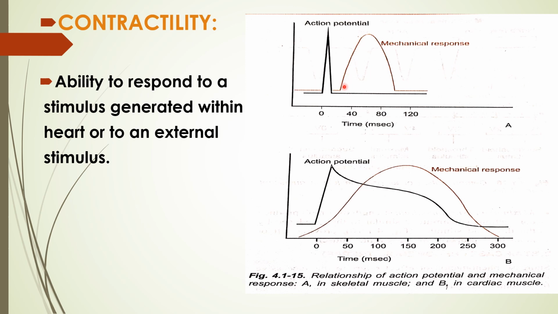So that is the main difference between skeletal muscle and cardiac muscle. When you give subsequent or repeated stimulation, the skeletal muscle will respond with increasing amplitude, whereas the cardiac muscle will not respond because of this long action potential, that is, the long plateau phase. So we will discuss this again in the next coming properties.